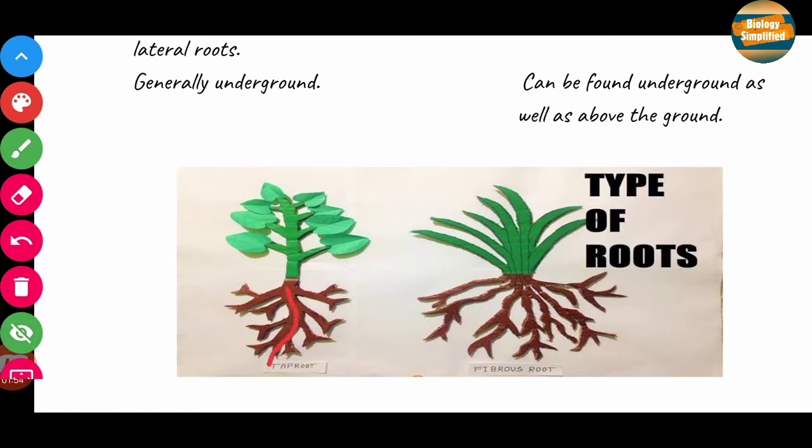This is the main root, and this main root gives rise to secondary roots, which are extensions of the main root. These are basically the lateral roots, and these lateral secondary roots further give rise to tertiary roots, and the tertiary roots may bear rootlets.